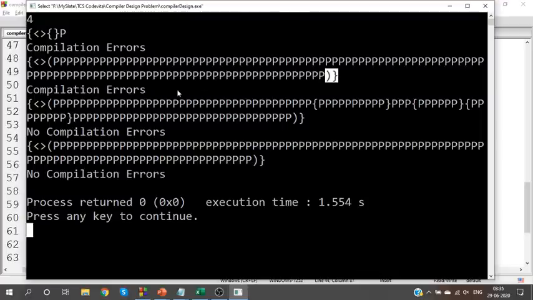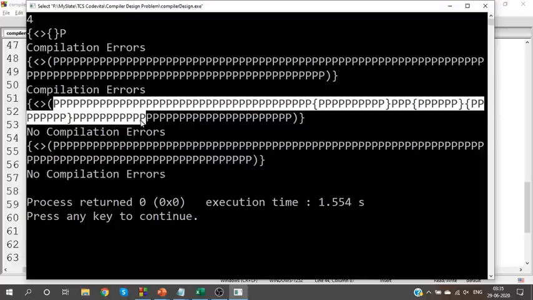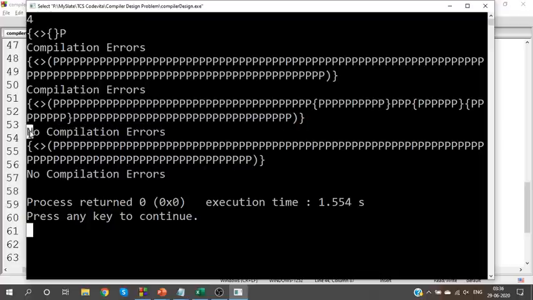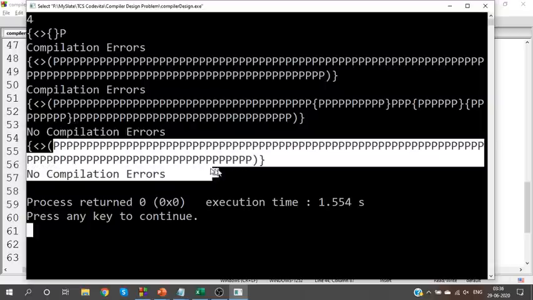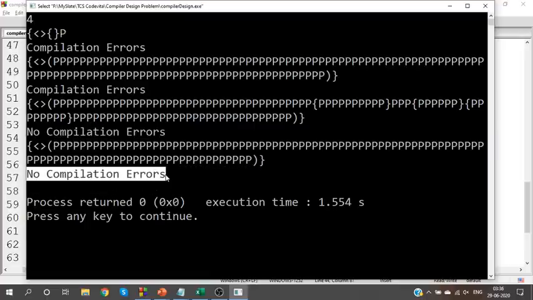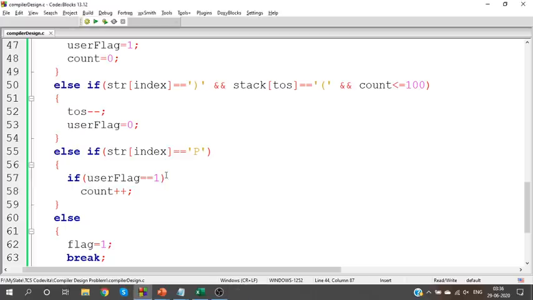Okay. Similarly, in the next case, I have given only 100 instructions. Okay, not 110. Exactly 100 instructions. Some of them are given within a loop also. This is how your hidden test cases will be, guys, which is why I am showing you this. Some of them are given within the curly brackets, within the looping part also. Even then, the program works perfectly and says no compilation error. Next one, I've just given the 100 instructions directly. Even then it says no compilation errors. Okay. So that's it. You have completed the program.